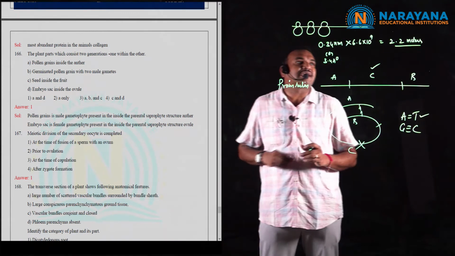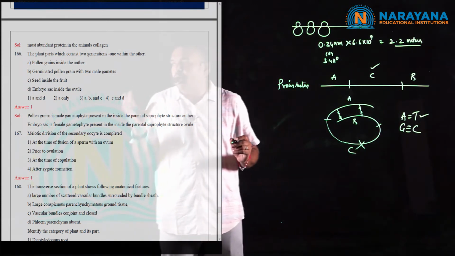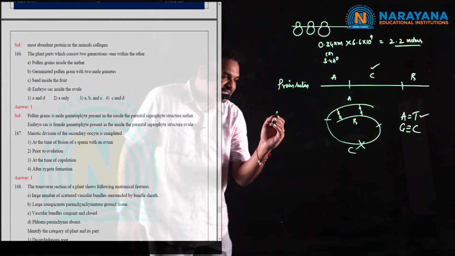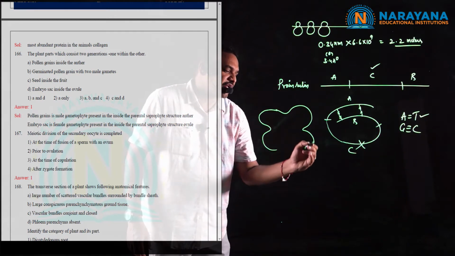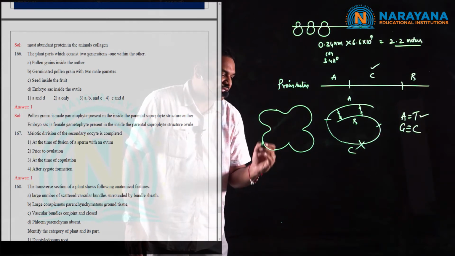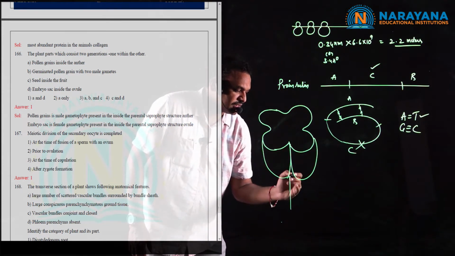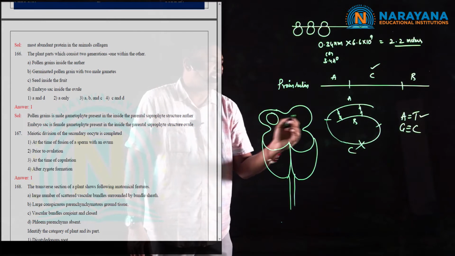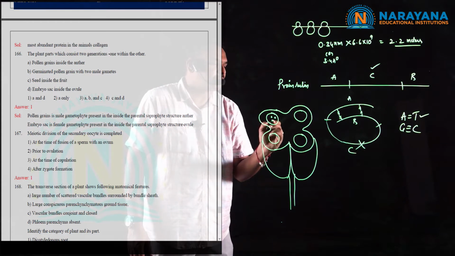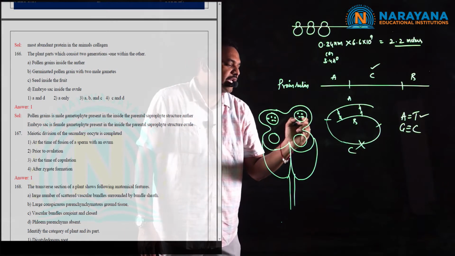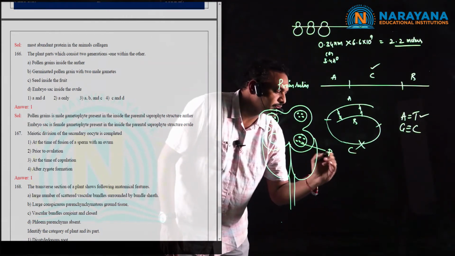So students, this is very important. We have discussed here. If you observe, the first option is pollen grain inside the anther. Let us see here. This is TS of anther. If you observe a transverse section of anther, it is having 4 pollen chambers. At maturity they fuse. Inside these pollen chambers they contain pollen grains, and pollen grains belong to